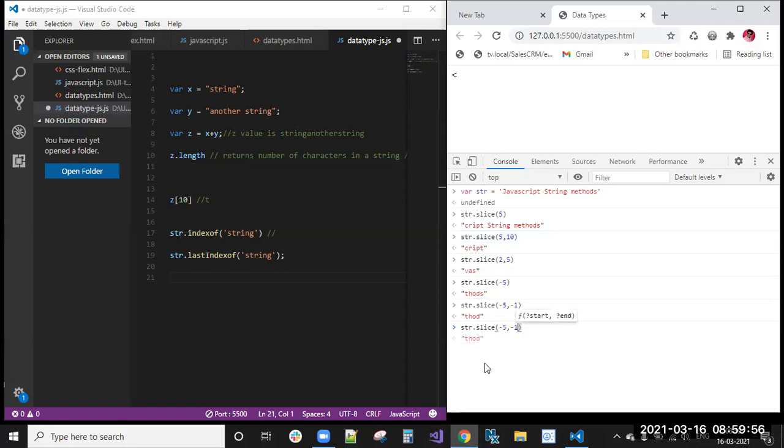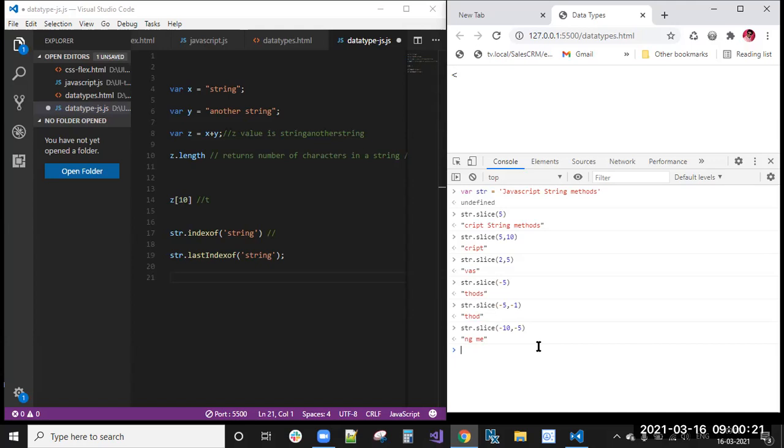Similarly, if you write -10 to -5, you will get NG ME. Here is -10, -9, -8, -7 like this. Space also will count, right? Because of that, it will return NG space ME. These are the minus positions.